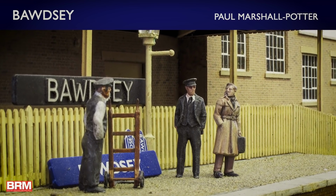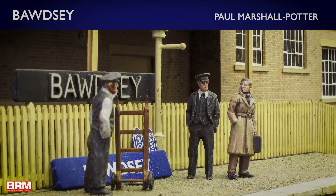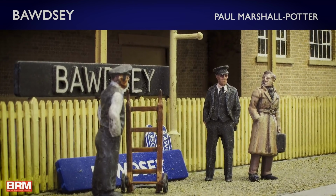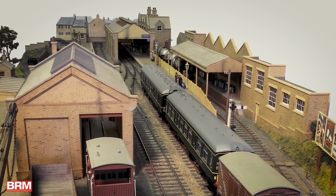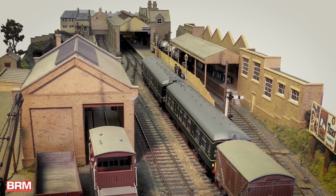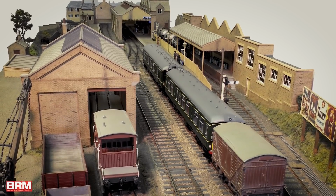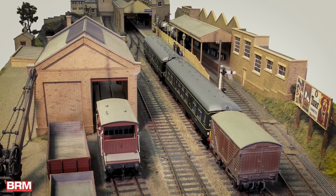I bought the layout primarily because I liked it. I've always had an interest in the Great Eastern British Railways era, particularly fostered by Ian Rice and his earlier writings. I'd seen the layout at an exhibition and was captivated by how well it operated. The operation was such that I knew, buying it from the builder, Chris Matthewman, or from his estate rather, because sadly he's passed away, that I'd be getting a layout that was well built, reliable, and looked really good,